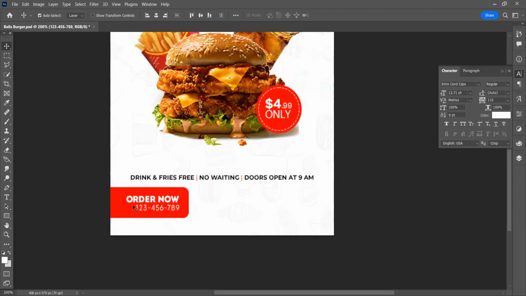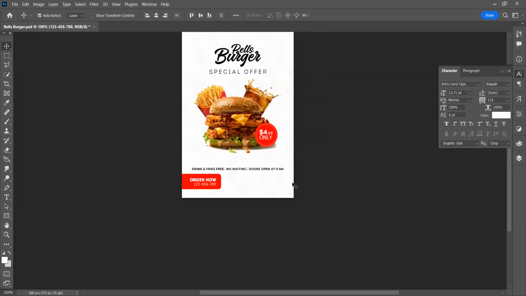So those are the challenges with this design. It's not that they don't follow the normal things they're supposed to follow, but there are things that customers still have to wonder about: what should I do next? But as a designer, you don't want your customers to start thinking about what to do when they see your design. So you provide them with the necessary information they need to see, to help them take the action you want them to take. So that is just it.